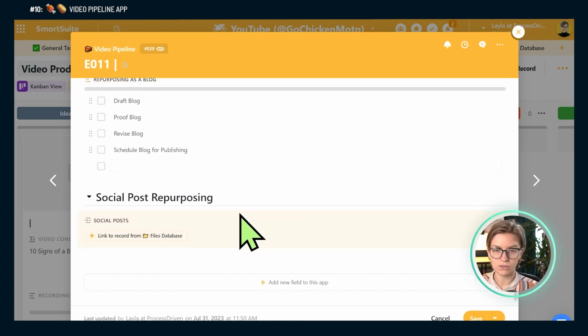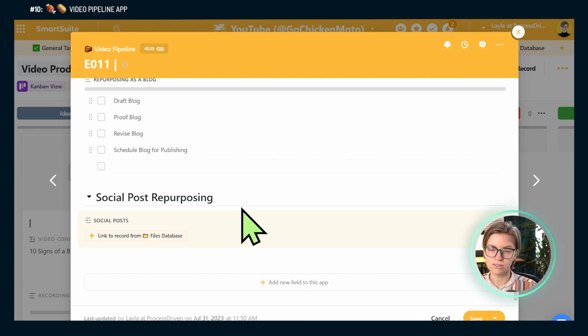Now, the next one is social post repurposing. Here is where we take it up a notch from the basic template. In this hypothetical world, I am not yet sure if I want to do any social media. I don't know if you guys have gathered, but I'm not much of a social lady. Well, in multiple ways. But when it comes to social media particularly, I'm not big on Instagram or Facebook or whatever. I don't use them personally. And so when I'm thinking of this side hustle, I'm not sure if this is something I want to invest in. So to give myself the space to scale up or scale down as I feel it out,